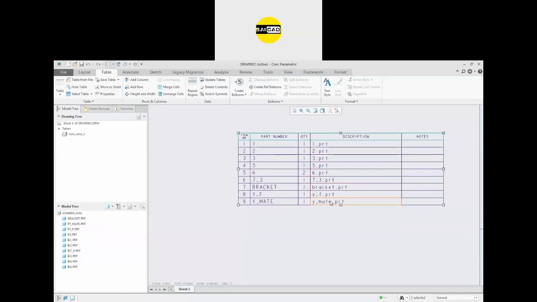You can see the file name is 1.prc. Quantity, how much quantity is used in the assembly. So here will be the quantity like that. If you want to specify notes or type, you can do that. If you don't want any particular tab, you can just select that and go to the delete. Yes, and that row will be deleted like that, or the column will be deleted like that.